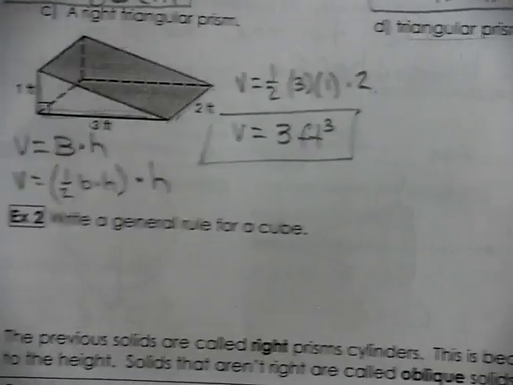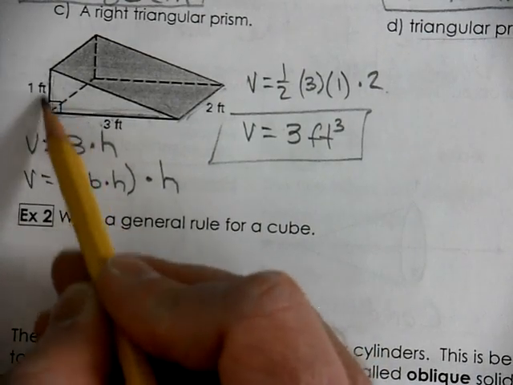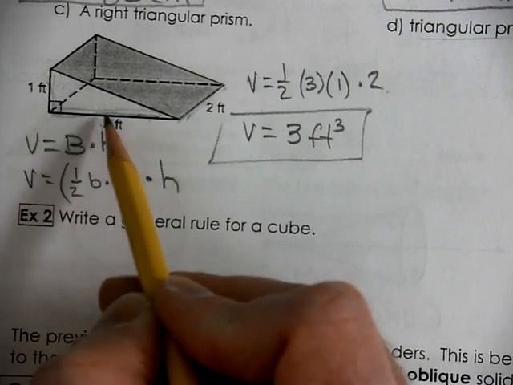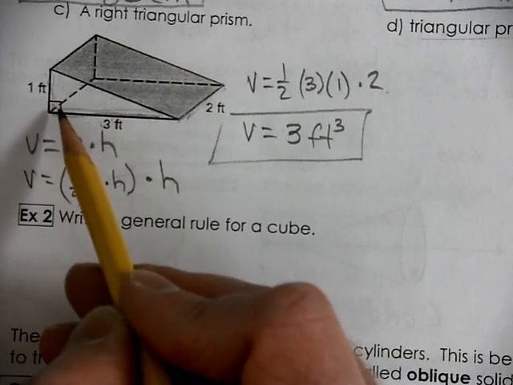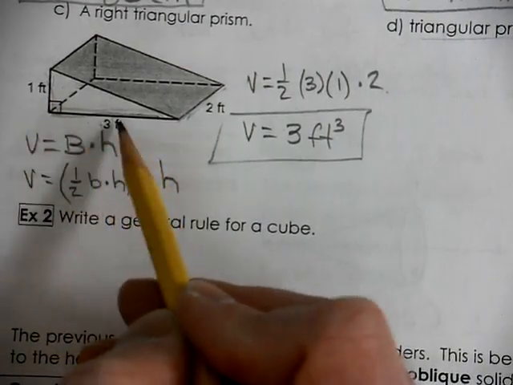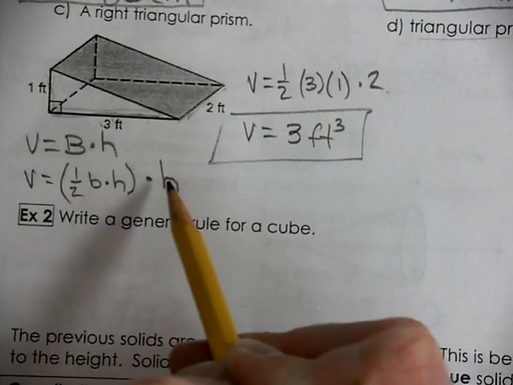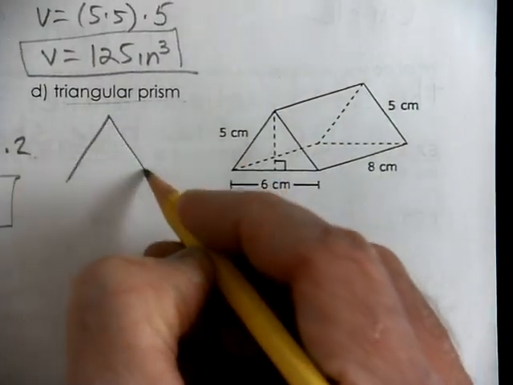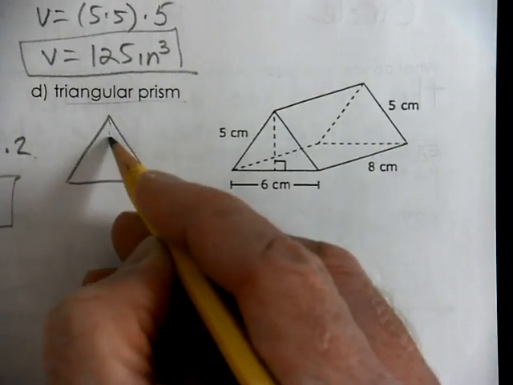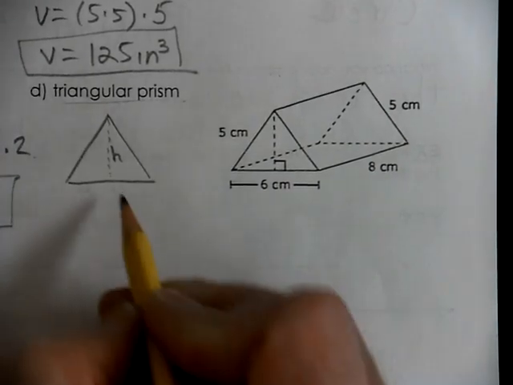Well, we did that over here, and the area of the triangle was pretty simple because the two sides of the triangle were 90 degrees to each other. They were perpendicular. They were bases and heights of the triangle. So we did half of the base, 3, times a height, 1. That's the area of the triangle, times the distance between the triangles. Well, when we come over here to this one, we have this triangle, and it has a height. It has a base